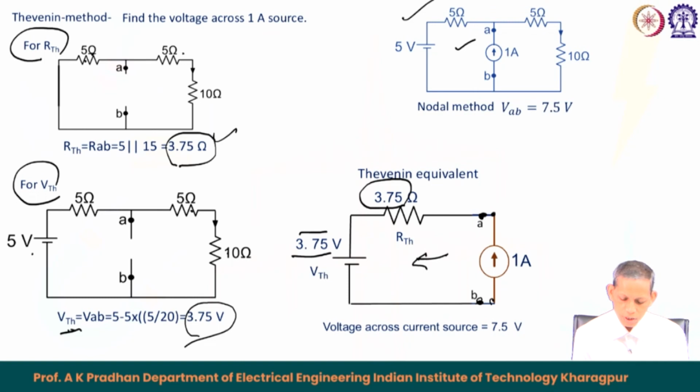Now, the question asks us to find VAB, that is the voltage across the current source. So, 1 ampere is flowing like this. So, this is negative, this is positive, as current is flowing from right to left. So, there is a rise in voltage. So, 3.75 plus